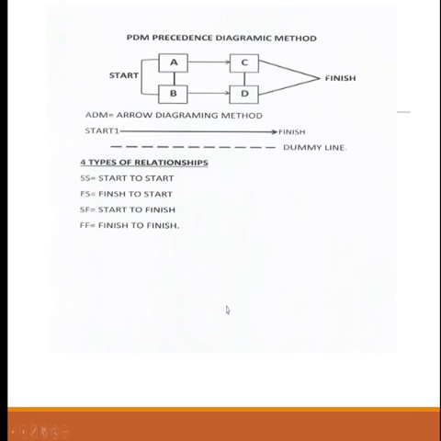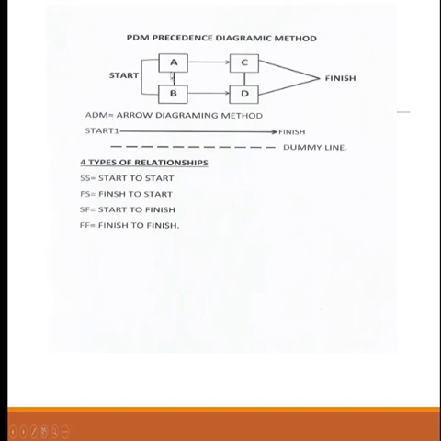If you are making custard, or akamu in local parlance of Nigerian language, and you are trying to make akamu, until you start pouring your hot water, akamu will not finish. Your custard will not be seen. It is called start to finish. All right? Then we have finish to finish. A can finish, B can finish.